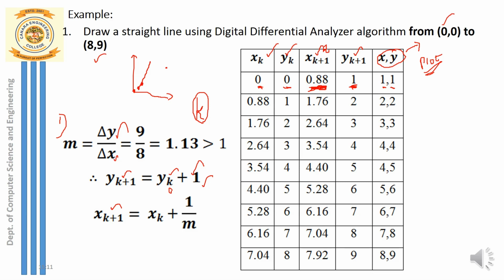So when delta y is greater than delta x, the number of steps is exactly equal to delta y. That's all. My number of steps, or iterations k, will be equal to delta y. And how much is delta y? It is equal to 9. So in total, I require 9 iterations. Okay, so now what you can see over here is how many iterations we have: in total 9 iterations. So you can just see this table.